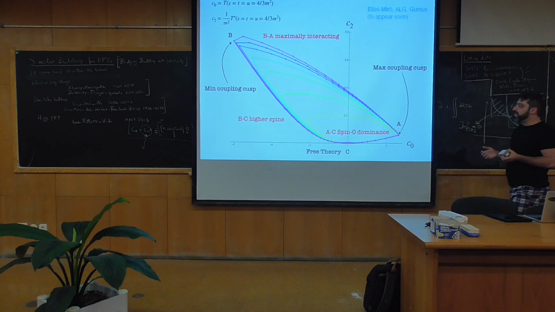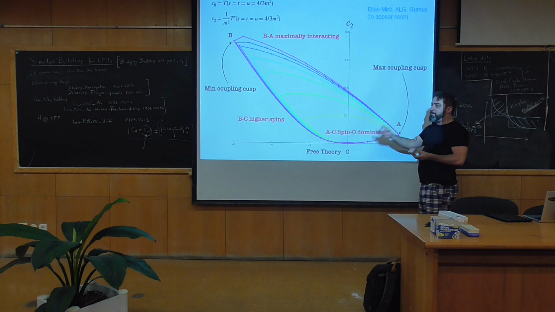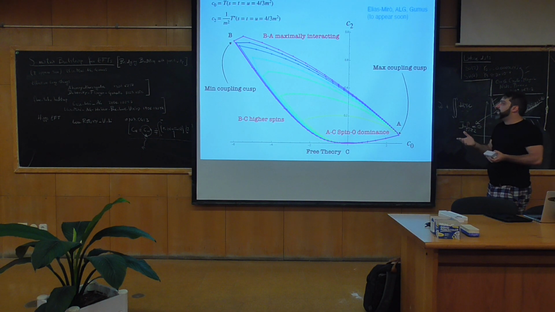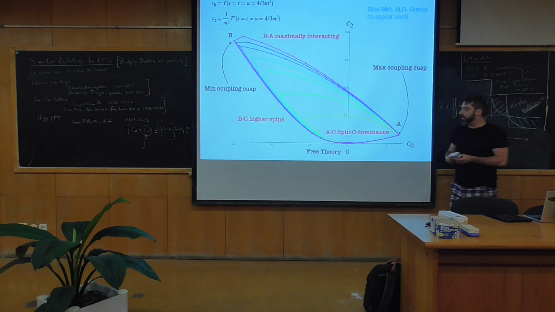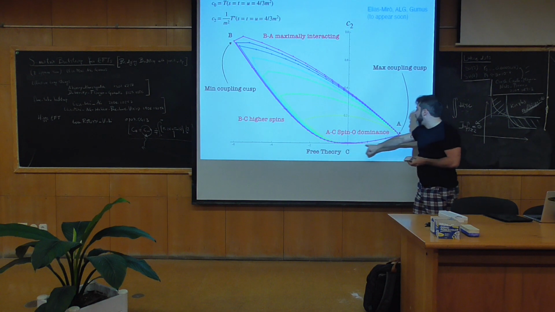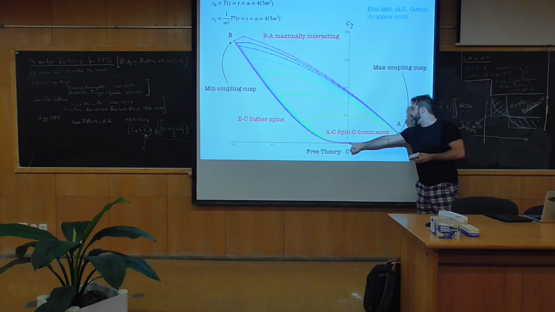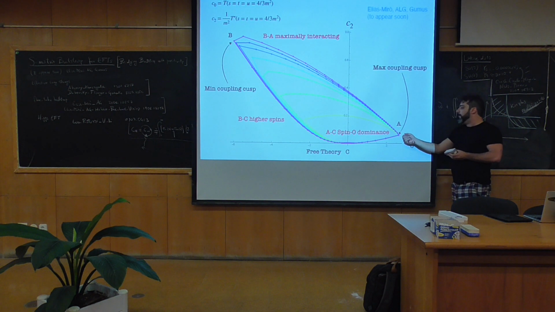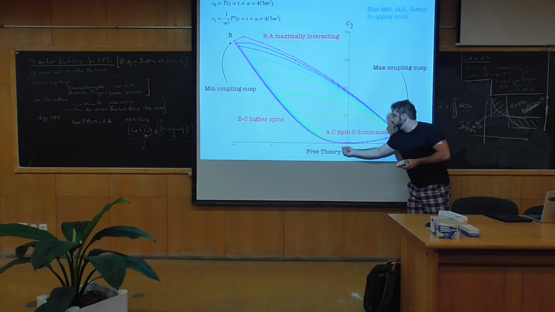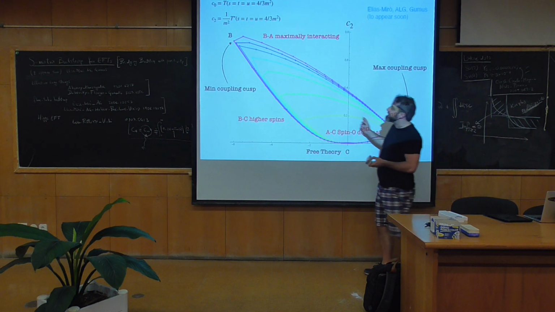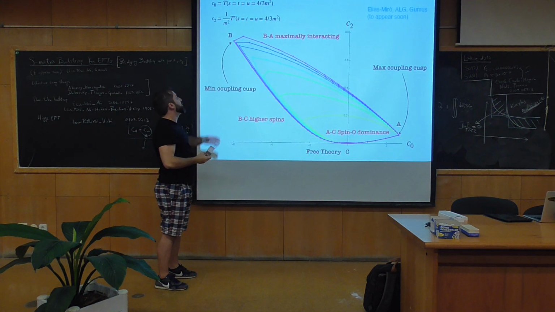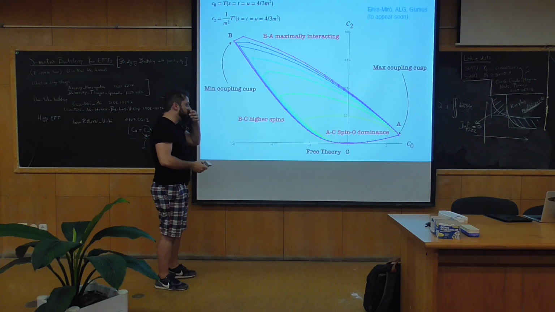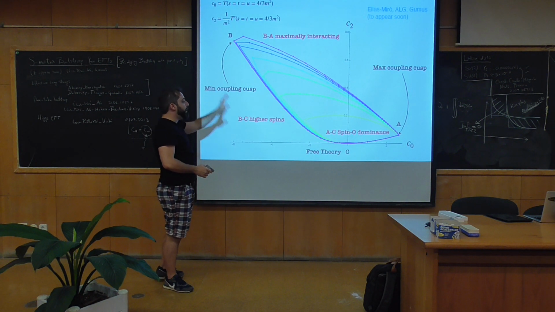This would be the space of all allowed theories in 4 dimensions. But again, we can go along the boundary and realize that the theories that saturate this boundary are very non-perturbative. For instance, if we are on this segment, we have some spin 0 dominance, but as we go to stronger coupling, the spin 0 becomes strongly coupled. So things look perturbative only around the free theory, and then there is this cusp on the other side, which is the maximally interacting theory in 4 dimensions, where the higher spins are maximally excited. So we have this picture.